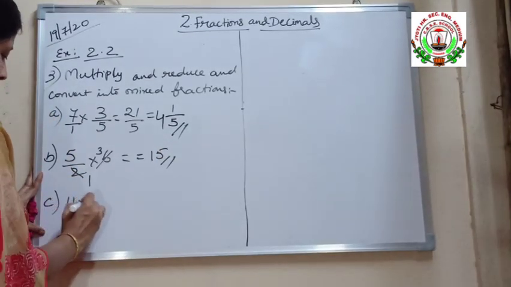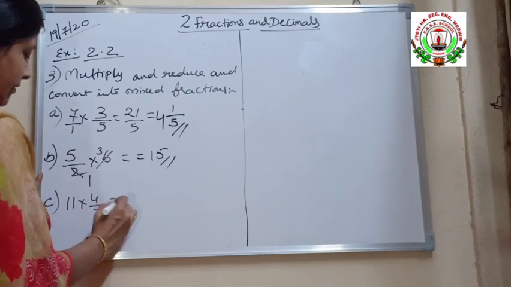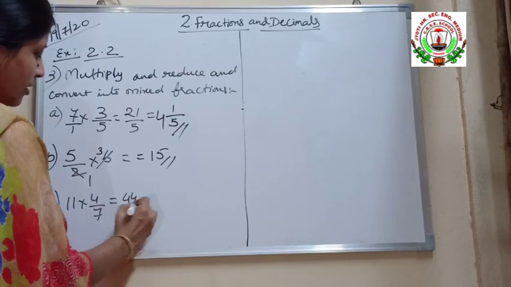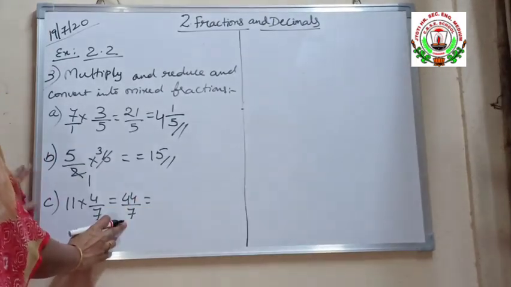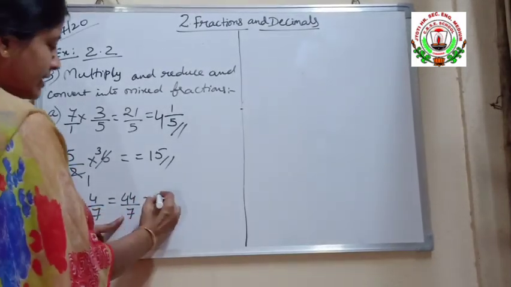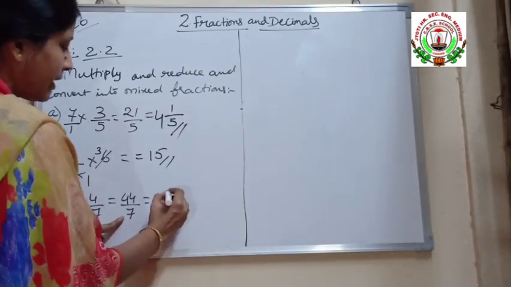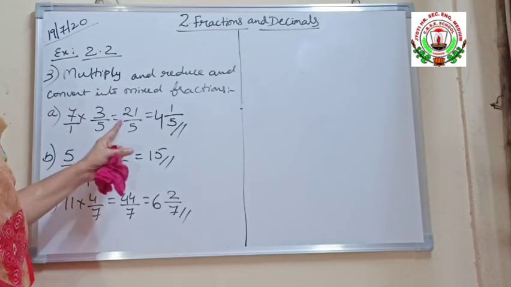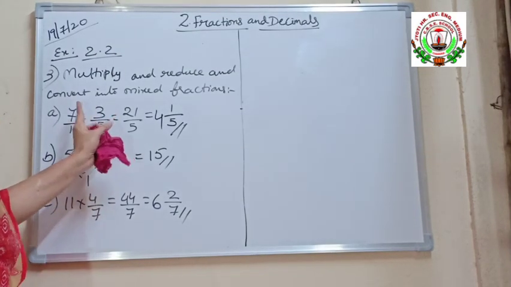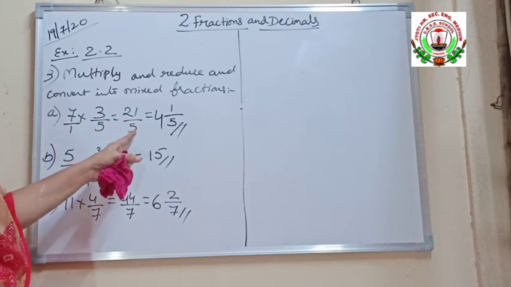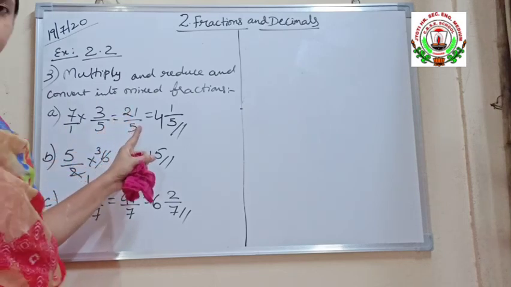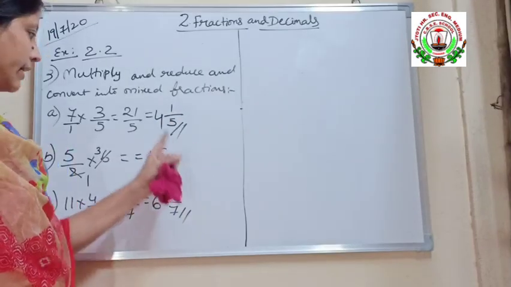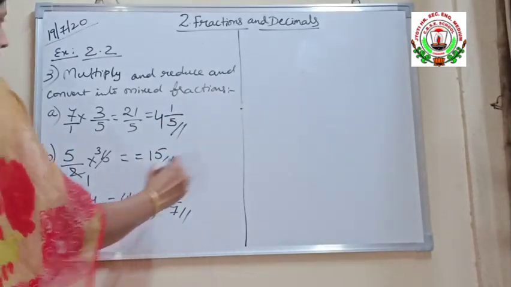Next one, it is given as 11 into 4 by 7. 11 into 4 by 7, 11 4s are 44 by 7. Changing this improper fraction into mixed fraction, 7 6s are 42, 2 is the remaining, so 2 by 7. This is your answer. We have multiplied the numerator into numerator, denominator into denominator, and we have got an improper fraction, and we have changed that improper fraction into mixed fraction by dividing it. This is one. Next question,